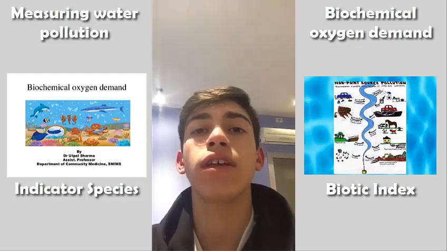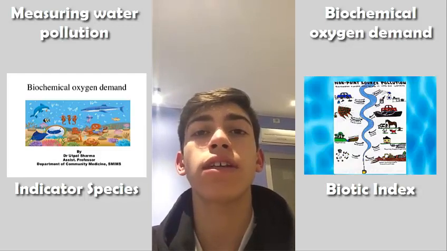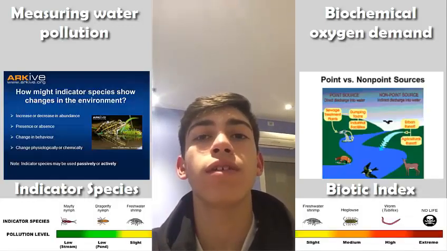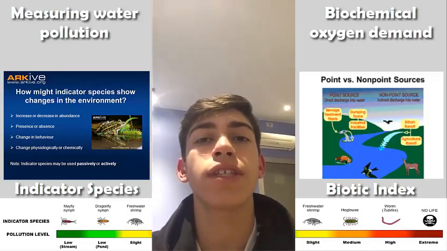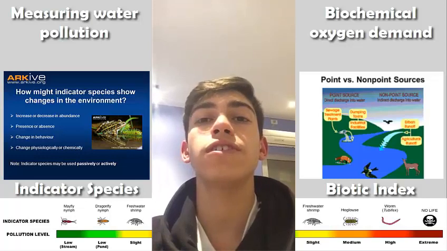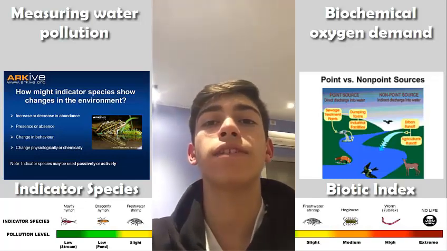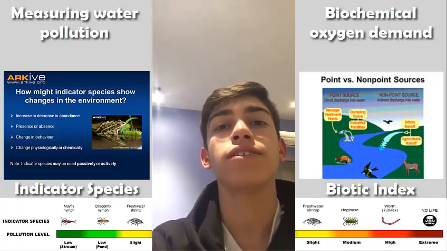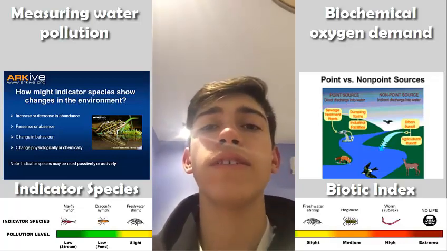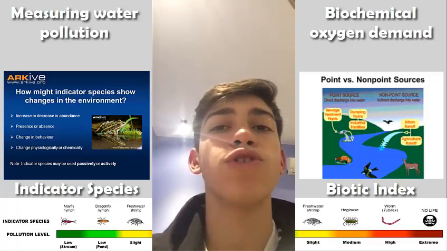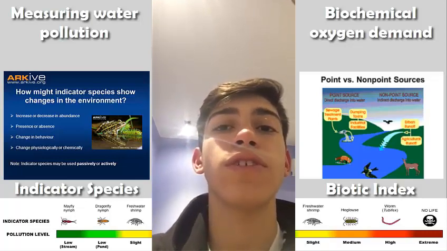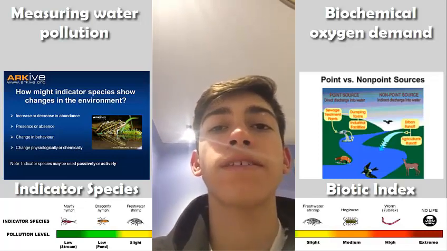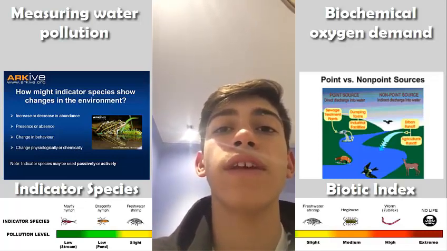A biotic index is a scale of 1 to 10 that gives a measure of the quality of an ecosystem by the presence and abundance of the species living in it. The pollutants are not directly measured, but their effect on diversity is. Invertebrates are used to estimate levels of pollution, as they are sensitive to decreases in oxygen concentration in water caused by the action of aerobic bacteria as they decompose organic matter.